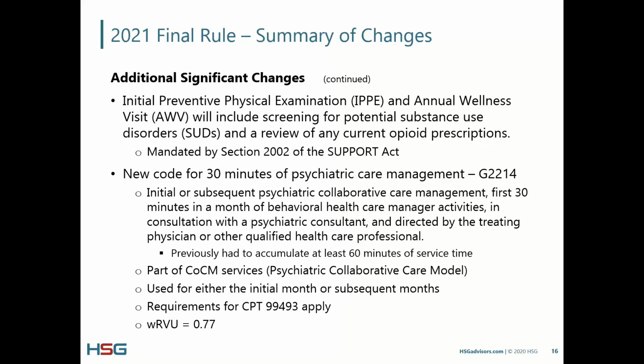CMS felt that the current process would probably cover that, because there is a screen. Most people think, though, when they were thinking of substance use disorders, it was alcohol as opposed to opioids in this age group. And since there's a medication reconciliation and reviewing all current medications, that would include any current opioid prescriptions. But again, there's going to be an emphasis on looking for illicit substance use, as well as utilizing prescription